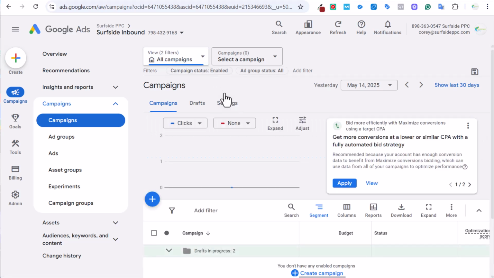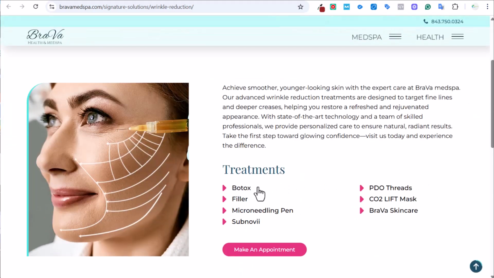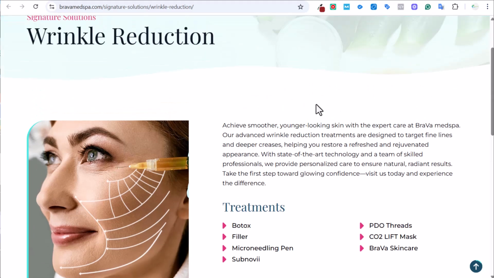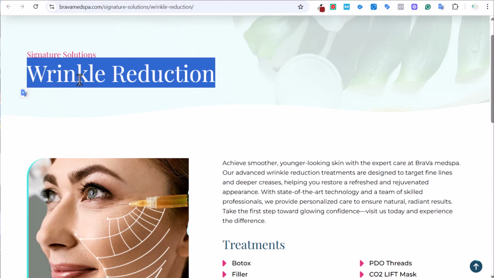So these could either be just your standard optimized website pages. If I want to target something like wrinkle reduction and some of these different treatments here, filler, Botox, threads, microneedling, some of these different things that people are searching for, basically the best practice to me is always create as relevant a landing page as you possibly can so that when somebody is searching for a specific service, maybe it's Botox, they get into a page that is showing Botox